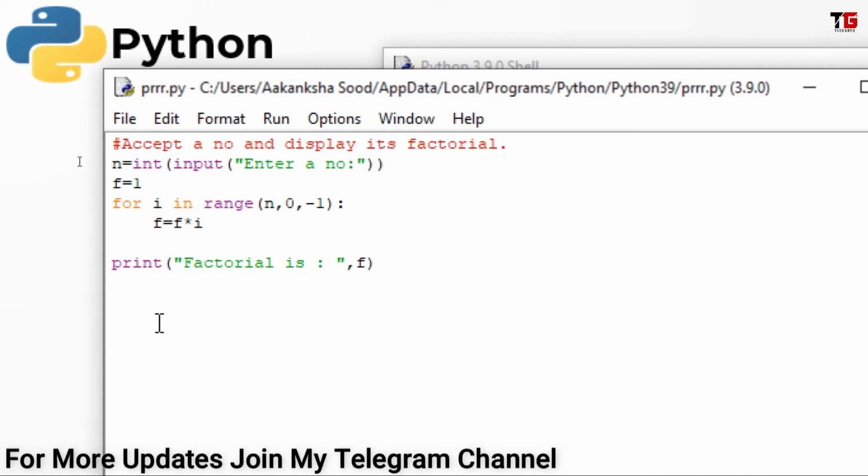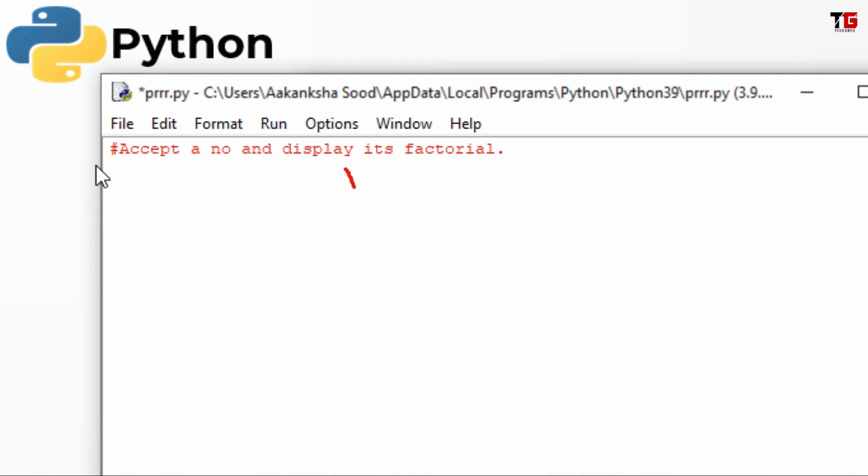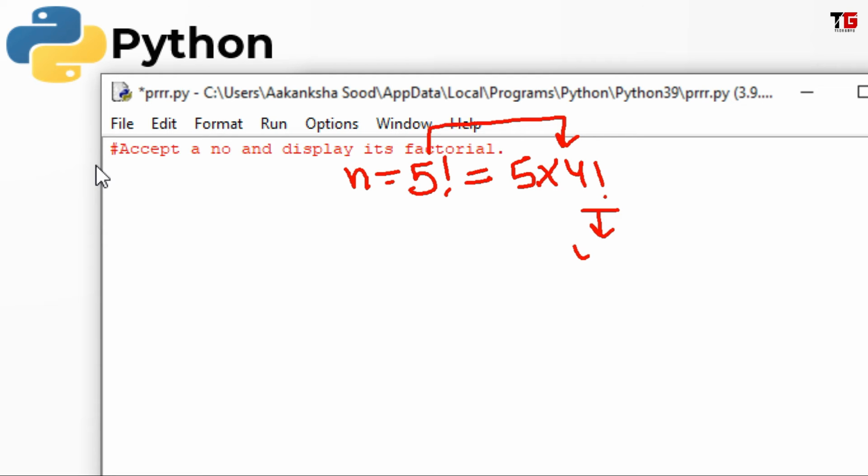Now let's see the second method. Friends, in the second method, what logic will we use? Consider n is 5. And 5 factorial means 5 into 4 factorial. It means factorial of 5 can be calculated by multiplying the 5 with factorial of 4. And 4 factorial means 4 into factorial of 3.